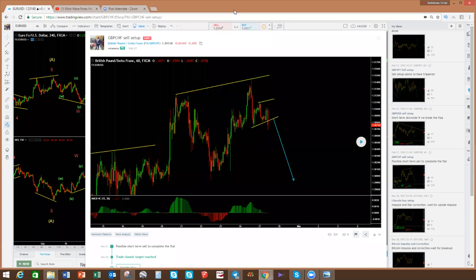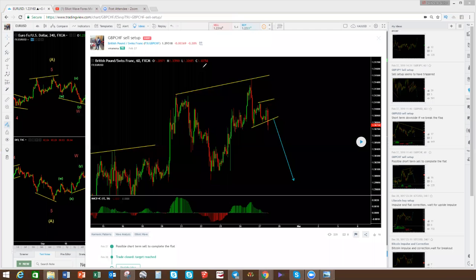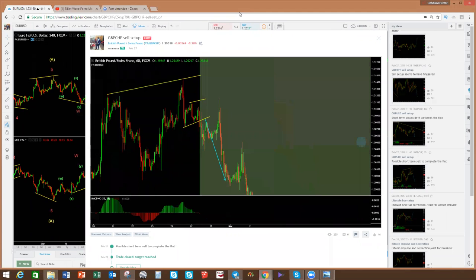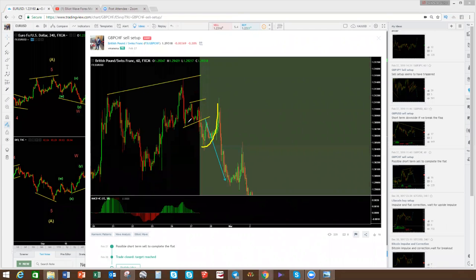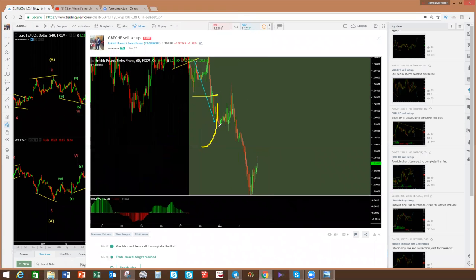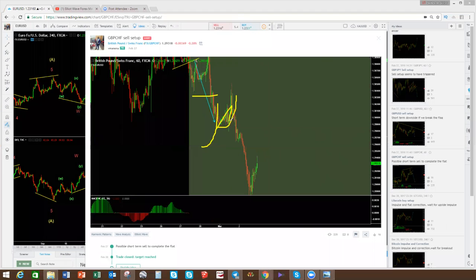was Pound Chief. So we love the pound in our group because the pound moves so fast and we got a very clear structure with the pound. So this is Pound Chief. We took it there. So you can see that it broke down, went down, gives us a 3-wave pullback. That's okay because when you take it on a flag, we put a stop loss just above the flag. You can see it went all the way down,